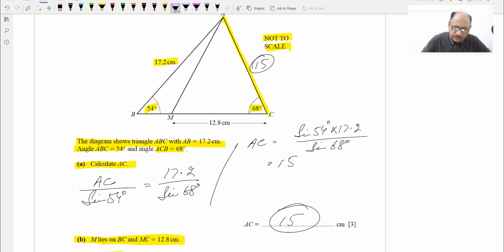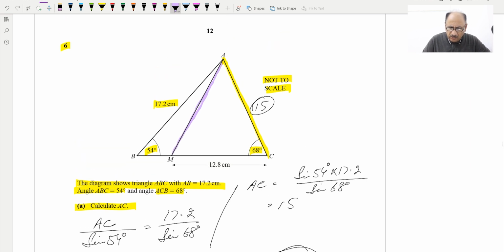Required is AM, this one. Now we can again use basically cosine rule. AM square will be equal to, we have two sides, so we need the length, now we are considering this triangle,